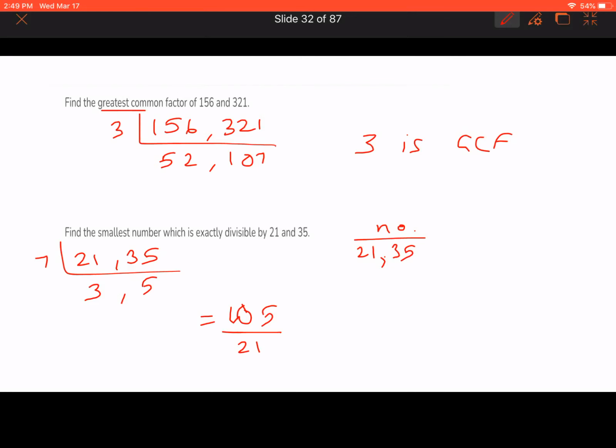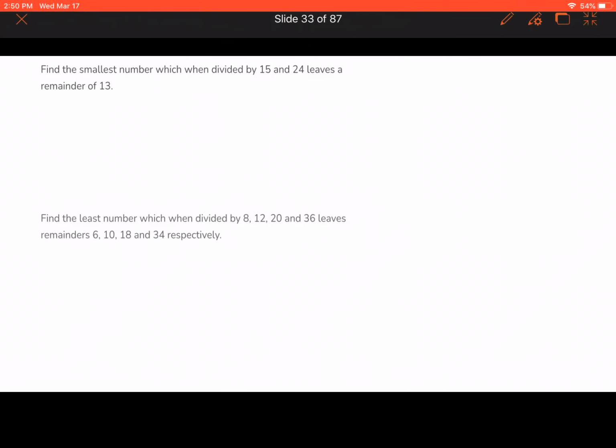If we check, yes, 105 is divisible by 21, 5 times, and 105 is divisible by 35, 3 times, okay, without any remainders. So yes, the answer is right. Okay, next is find the smallest number which when divided by 15 and 24 leaves a